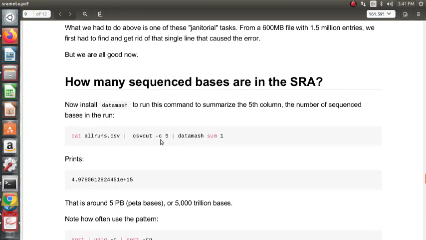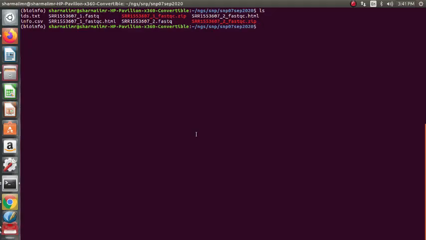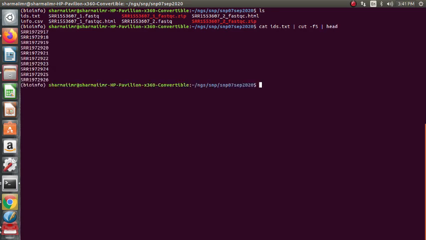That is the fifth column, right? So basically the fifth column. So csvcut, or if you want, here, cat ids.txt, cut -d, -f5. The ids.txt is the first column, right?